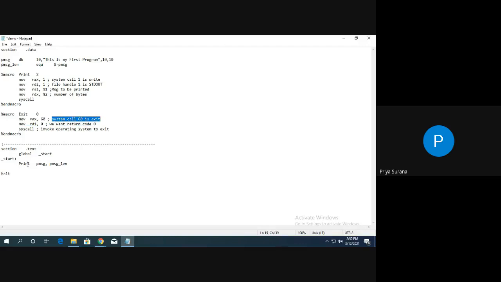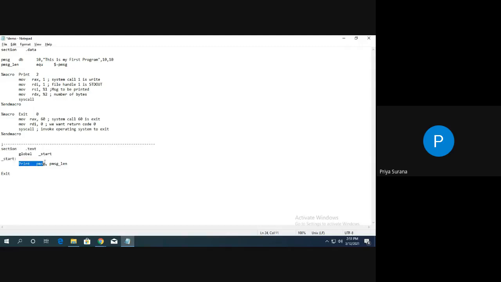Now pay attention. After that, section .text is written. In a C program, you start your program with void main. In a similar manner here, you are supposed to start your program with a label. So here it is written global _start, and this _start is a label. You are supposed to write it in this manner, so the assembler will come to know from where the coding actually starts in this program. So this syntax for section .text is fixed.